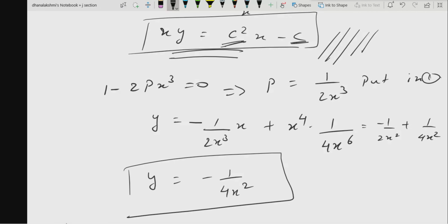Suppose the c value you got is 2, then the particular solution will be xy is equal to 4x minus 2. That will be called a particular solution, by giving particular values to a constant in the general solution. That means a particular solution is obtained from the general solution itself by giving particular values to this constant. But this you cannot obtain by giving any value. Tell me what c value you will substitute to get this as the answer.